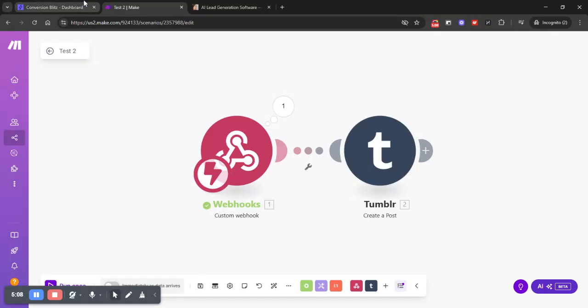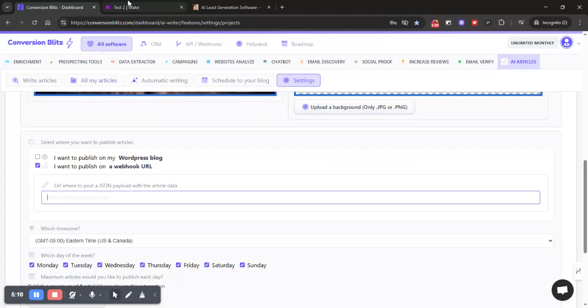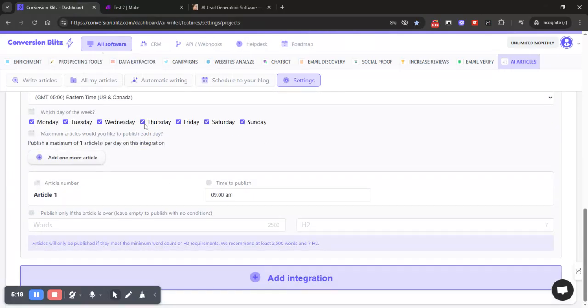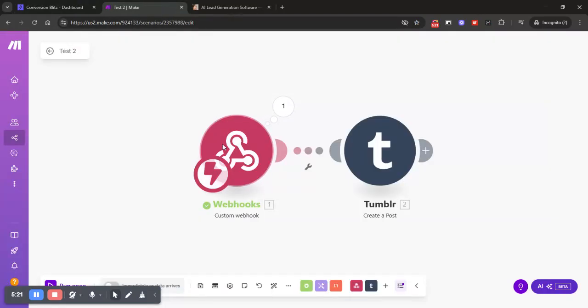Basically, I've already set this up because once the article is created, it needs time to actually finish creating. It'll hit that timer, so what we talked about here with the actual time to publish, then it has to get picked up by make.com through this webhook. And then in this Tumblr module, you'll have the fields appear, which you'll need to designate so that you can tell make.com what the title is, what the body of the content is, where to post it, that sort of thing. So it's a bit tricky to set up live in real time since the article is set out into the future,